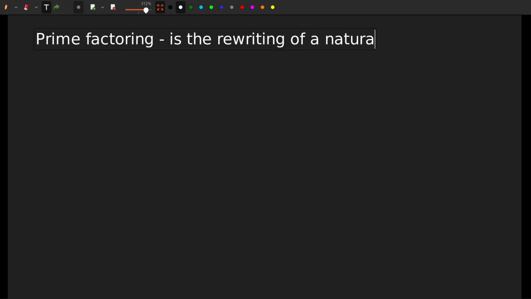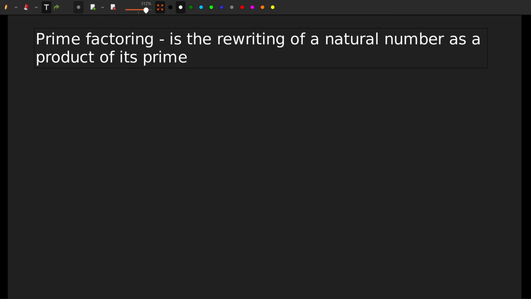So prime factoring is the rewriting of a natural number as a product of its prime factors. Now, what are prime factors in this case? Prime factors are numbers that are prime, basically the factors that are prime. So we're going to look for all the factors that are prime. And one way we can find the prime factorization is by